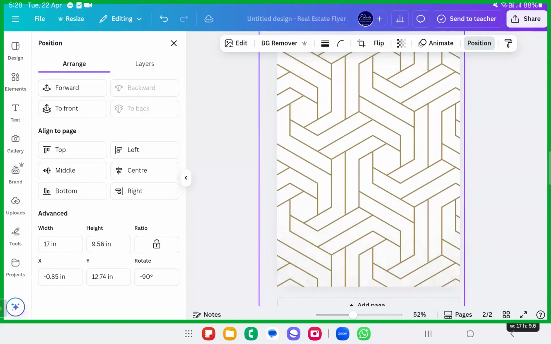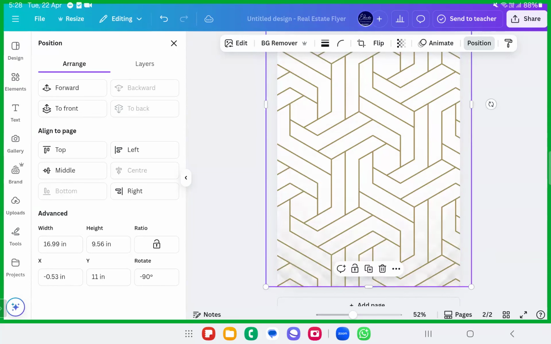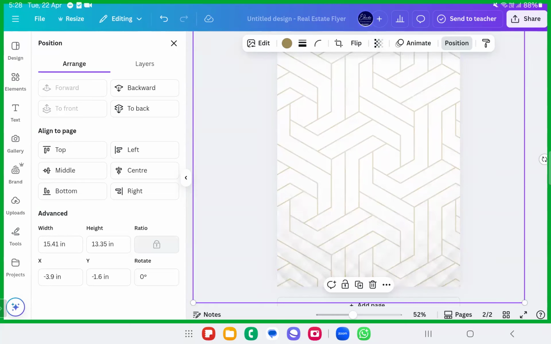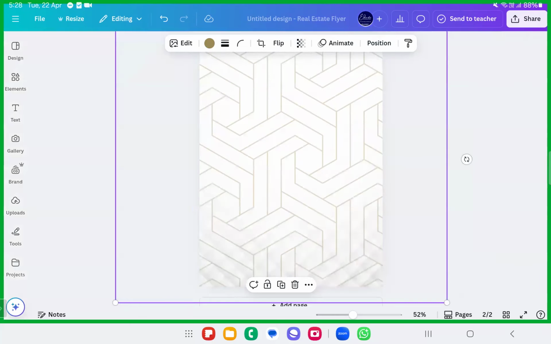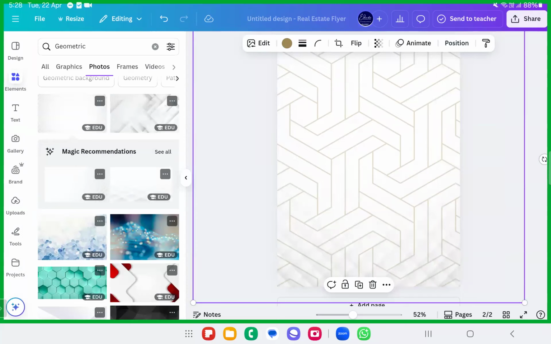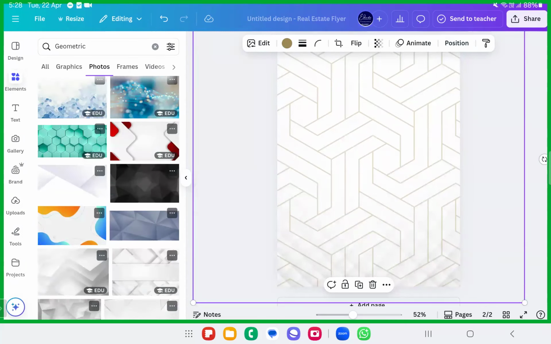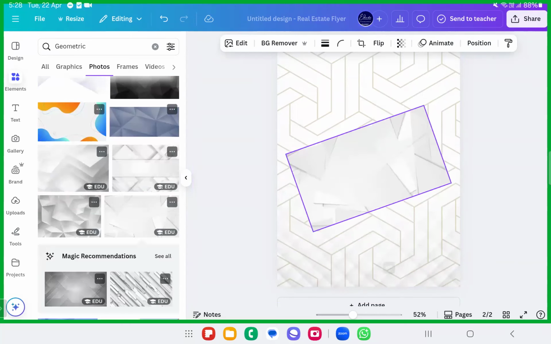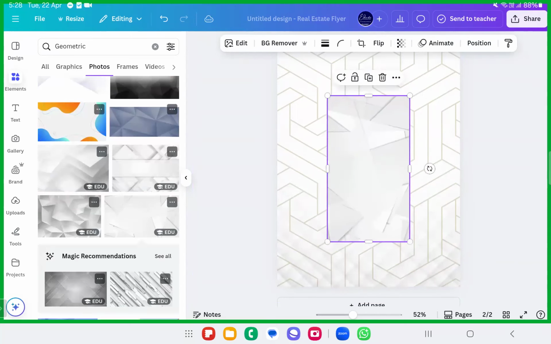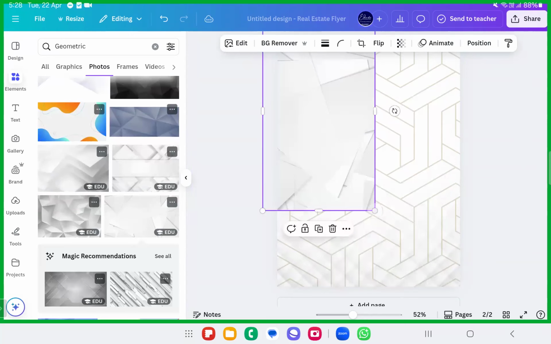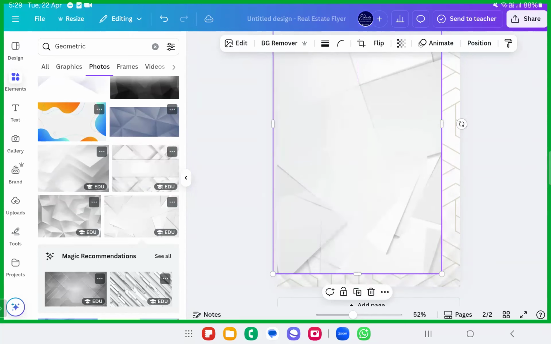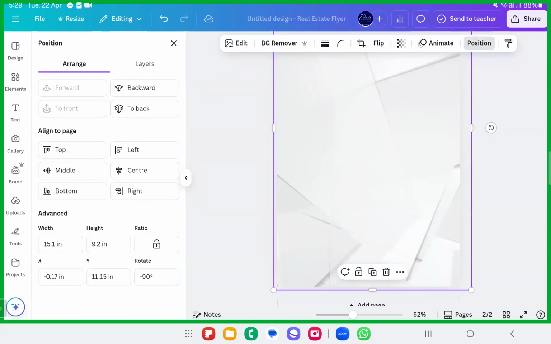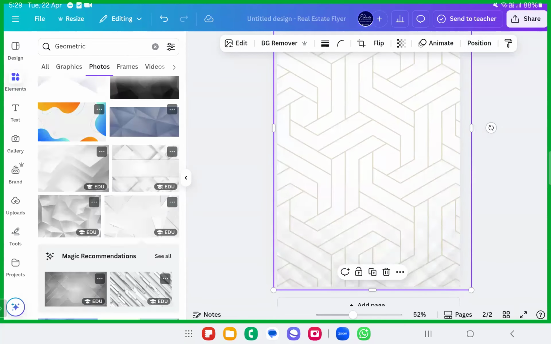You can make use of this keyword and get geometric backgrounds. Got it? Let me lower the transparency. Fine, one background is done. Or whichever geometric backgrounds you want, for example something like these. This is all in landscape pattern. If you want, you just have to curve it, flip it over, and put it like this in the background. Send it to back, position it to the back. Got it? In this pattern, fine?